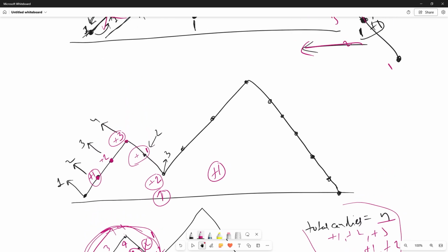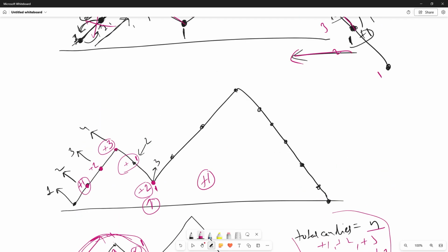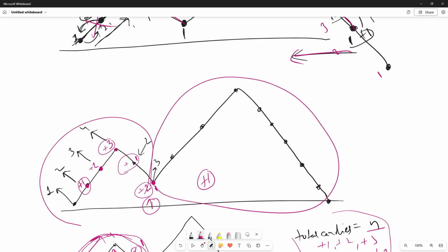Now let's see the next peak. We are seeing this graph only. We have counted the total candies for the previous one. Now we have 1 here. All these children have 1, so here we have 1. Now we are going upward, which means the peak is 0 here. Whenever we are going upward from the flat, we assign the peak as 0 again. So here the peak was 0,